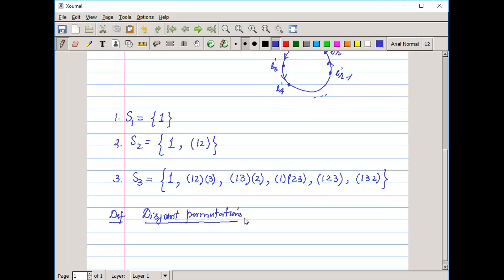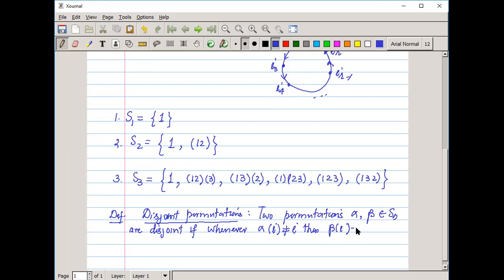Disjoint permutations. So how do we define these disjoint permutations? Two permutations alpha and beta, belonging to Sn, are disjoint if whenever alpha of i is not equal to i, then beta of i is equal to i. That means whenever alpha moves i, then beta fixes i, and